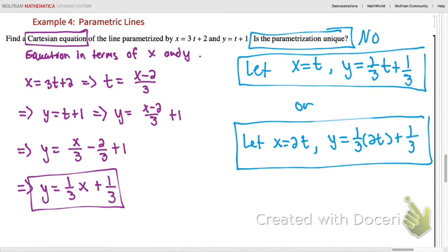You can choose any linear function in t for x, and then you can take the Cartesian equation and replace x with the parametric equation for x. So there's actually infinitely many of these. You can use any linear expression for x in terms of t, and then substitute that into the Cartesian equation for x to get the equation for y in terms of t. Okay,